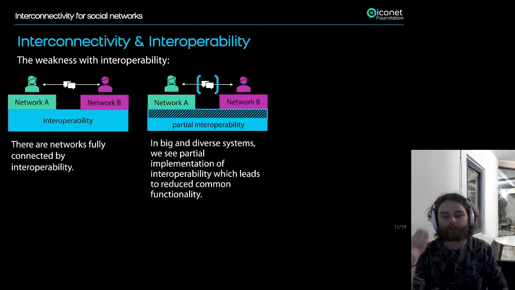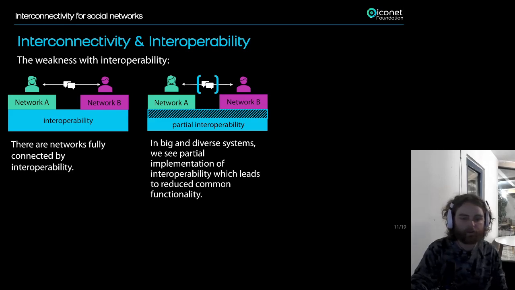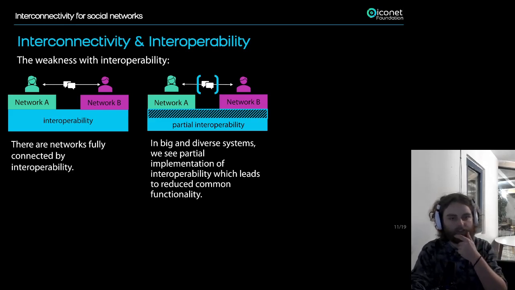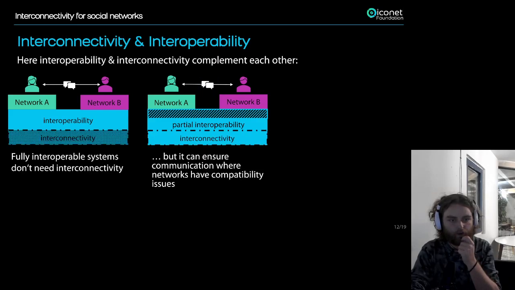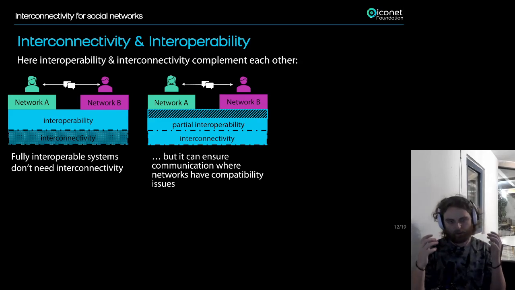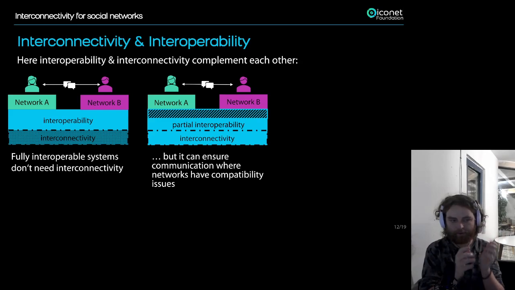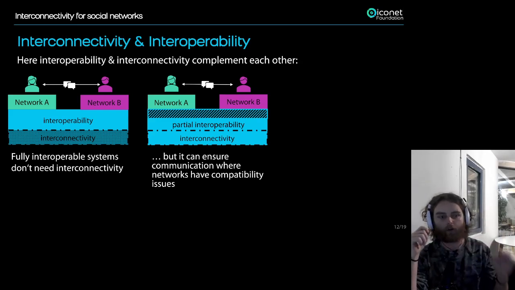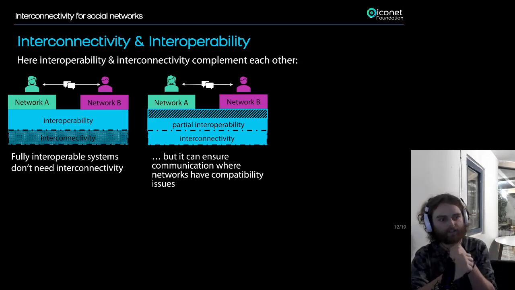This is what we see happening in reality with projects like ActivityPub or XMPP. So the goal is to implement interconnectivity as a fail-safe structure, so that these minimal requirements are always met.